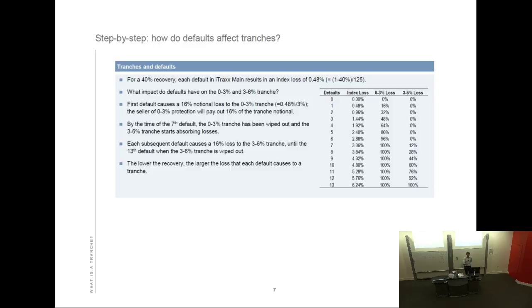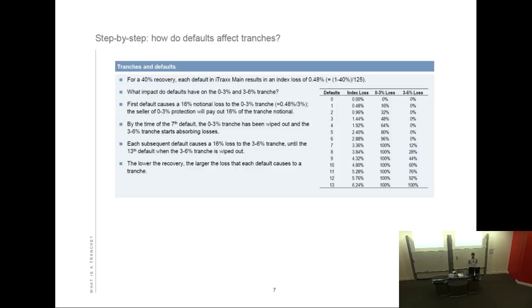And now imagine there's a second default, and the third default, and the fourth default. Each name contributes linearly to the index loss. So it gets interesting after the index loss reaches 3%, right? And that's after the seventh name defaults. So after the sixth, the index loss is 2.88%. By now, the 0 to 3% tranche is almost wiped out entirely, whereas the junior mezzanine still hasn't incurred any losses. But now with the seventh name, the equity tranche is completely wiped out, and the junior mezz starts to